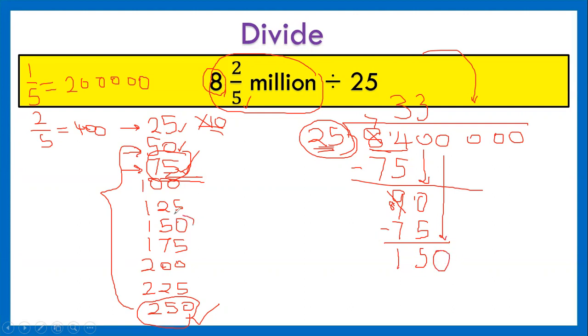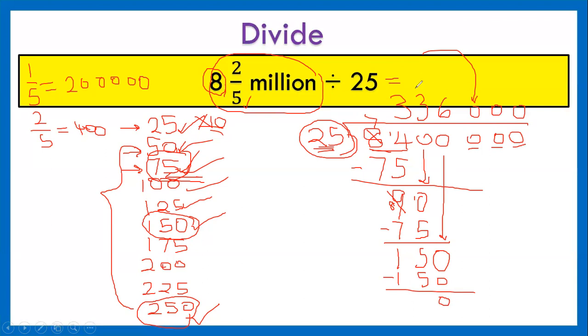150. But 150 we have exactly here. And how many times would that be? 1, 2, 3, 4, 5, and 6. So you'll write the 6 here. And then it's 150 and no remainders anymore. So these 3 zeros will carry up here. Will just be written down here. So your answer is